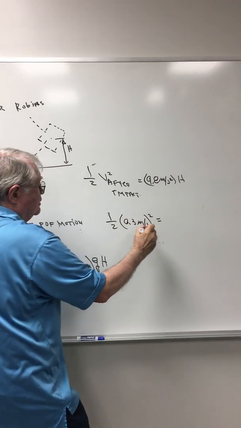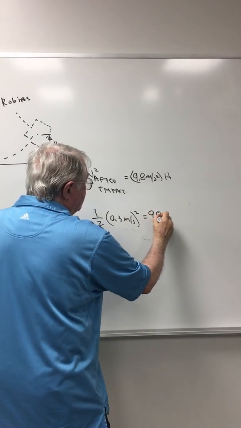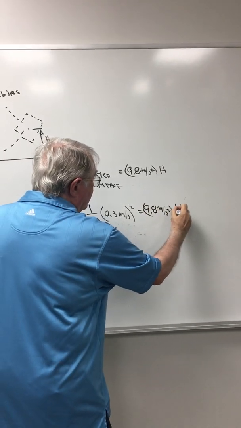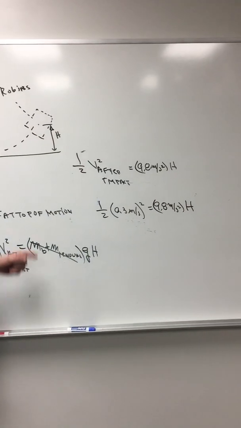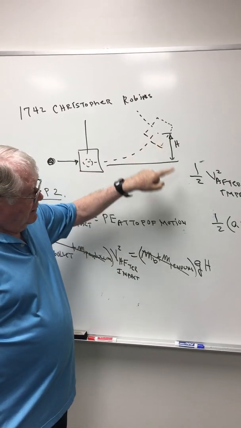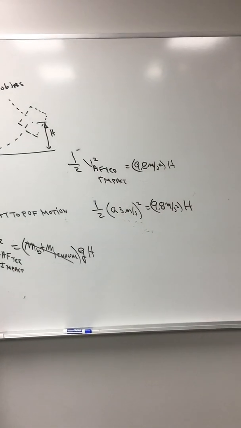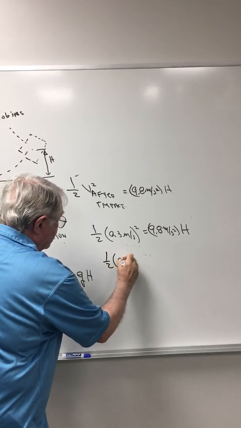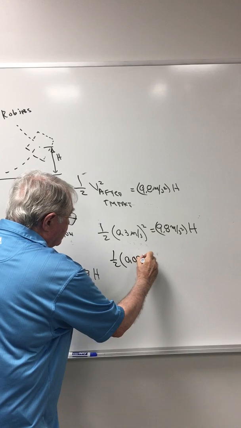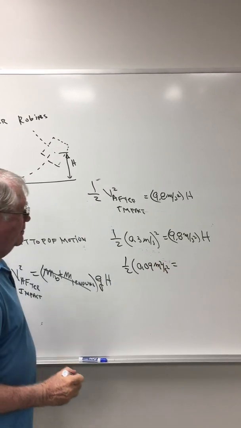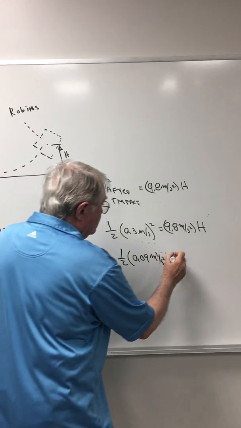squared. This is 9.8 meters per second squared. And there's the height, the maximum height that the pendulum plus the bullet will reach. Now 0.3 squared is 0.09 meters squared per second squared. And then 9.8 meters per second squared